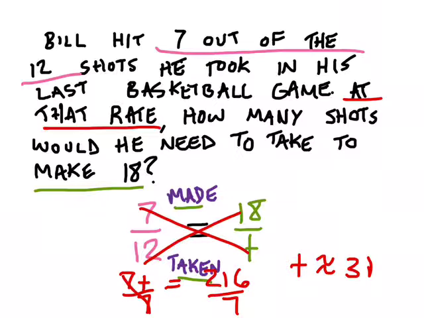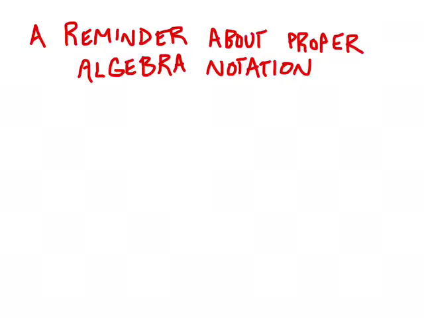And that's the answer to my question. In order for him to make 18 shots, we're going to expect him to need to take about 31 shots. And that's how that whole proportional relationship thing works. I'm going to give you some practice problems in just a second, but probably right now is a good time